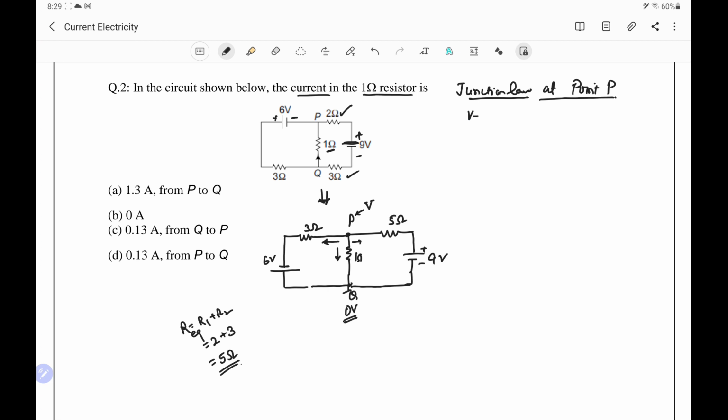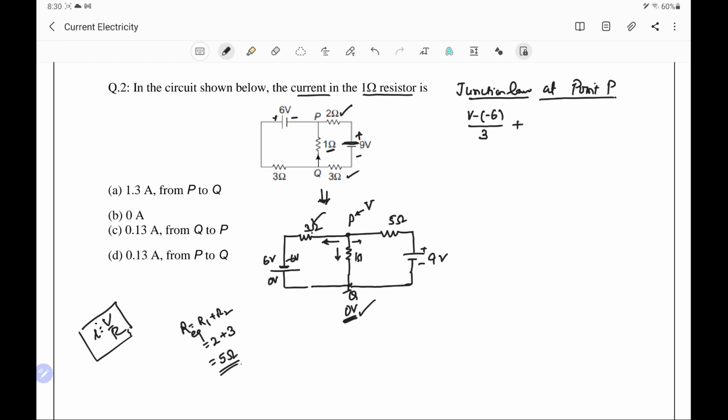Now the voltage at Q is 0. So this positive plate, with respect to the reference point Q, is at 0 volt, and the total EMF of the cell is 6 volt. That means this negative plate will be at minus 6 volt with respect to the ground Q. The potential drop across the 3 ohm resistor is V minus minus 6, so we can write V minus minus 6. Divided by the resistance, this will be the current, since we know current equals V by R from Ohm's law.